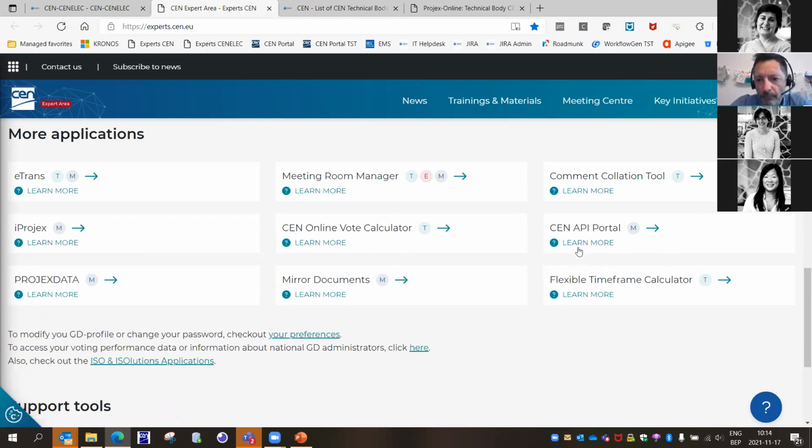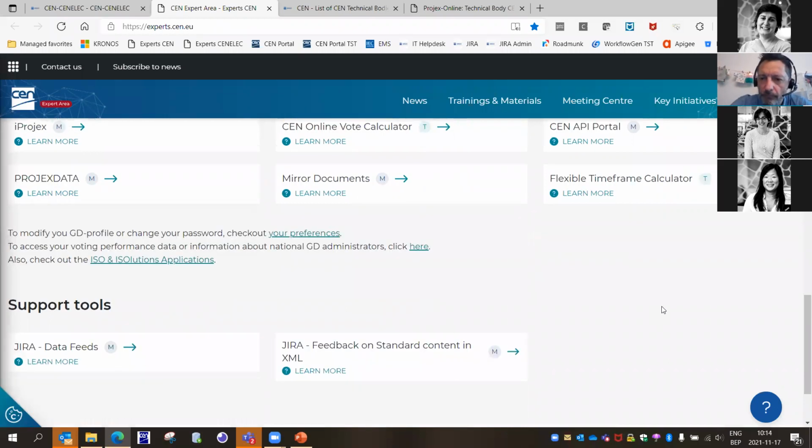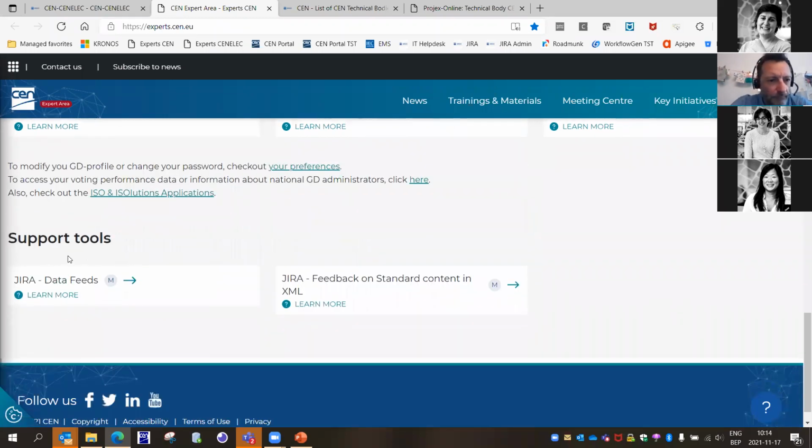We have another one for the CEN API portals, which give access to our API data feeds and projects data. Here we have a link to the Miro documents. We have a new tool here, the flexible time frame calculator. And we have some supporting tools for the data feeds and XML version of the standards.